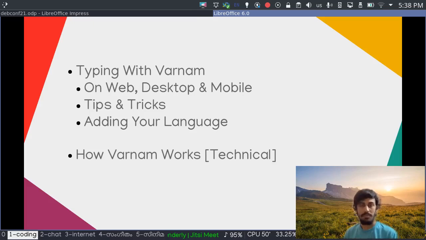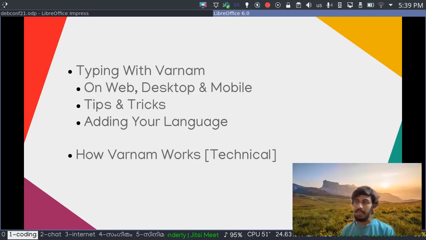I'll be talking about how to type Varnam on websites, of course, desktop and mobile. Then I'll be talking about tips and tricks that you can use to make Varnam more comfortable with your writing needs and your writing skills. Next I'll be talking about how to add your own language to Varnam. It is highly customizable, so there are many options for you to hack on Varnam.